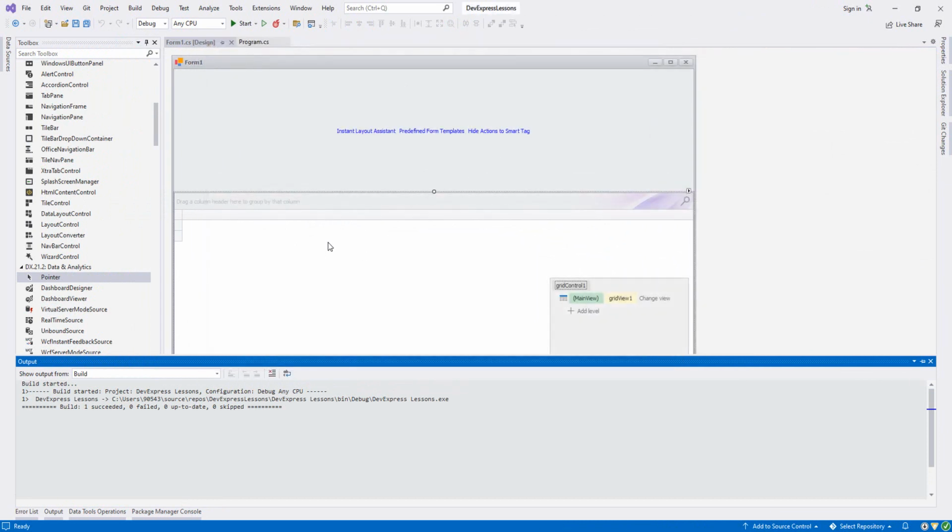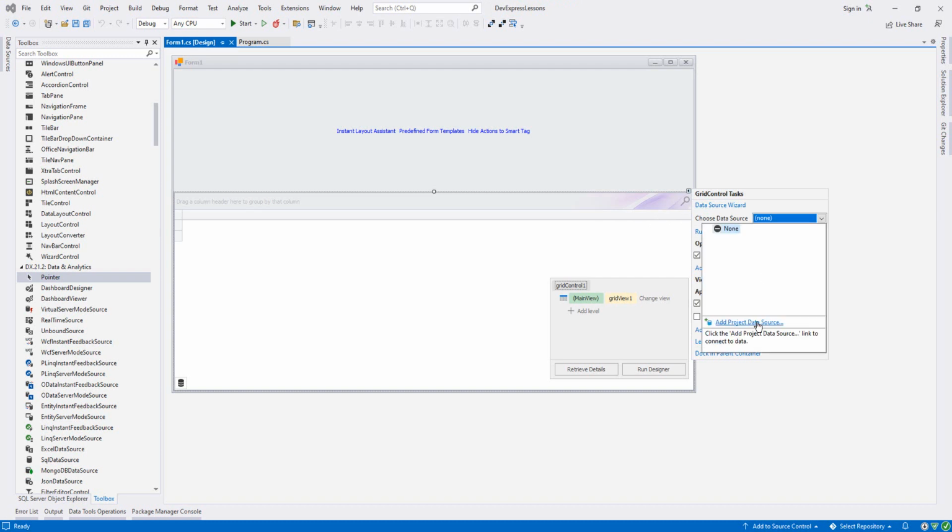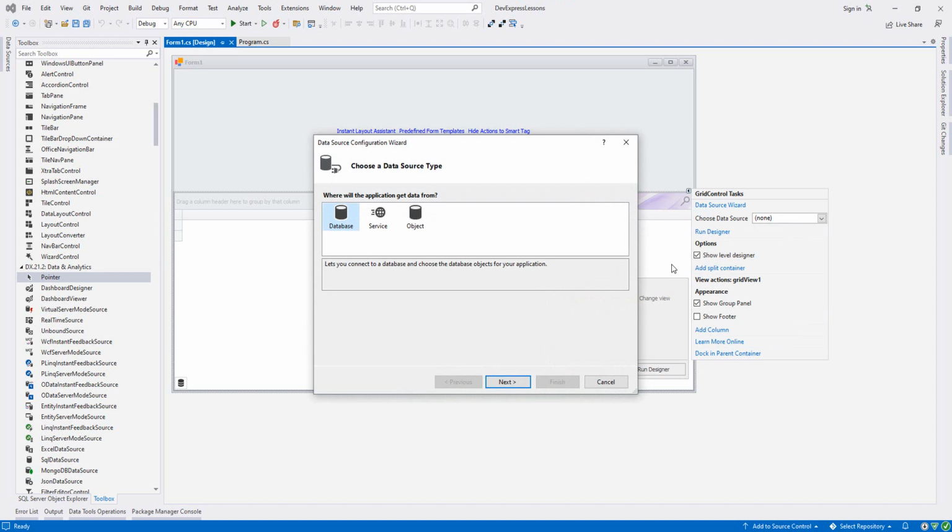We would like to use a database. We already have a database called Northwind. I think almost any person who starts with ADO.NET or Entity Framework with a database usually uses that one. But I'm not going to use ADO.NET to create my own class or Entity Framework. I will do it the easy way. I click here, and then from choose data source I say add project data source. Then from here